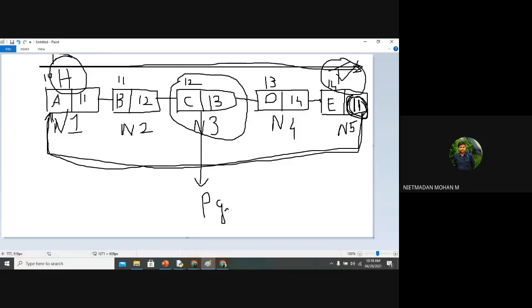Another example is online games. If you are playing an online game with multiple players, after completion of the first player, the chance goes to the second player.